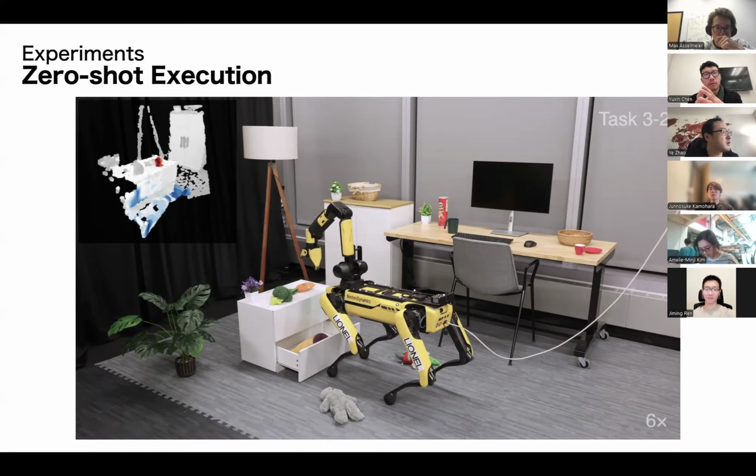So this kind of object-agnostic input gives you some generalizability. Yeah, exactly. So we just filter out the semantics during this heat map calculation, during this intermediate representation.